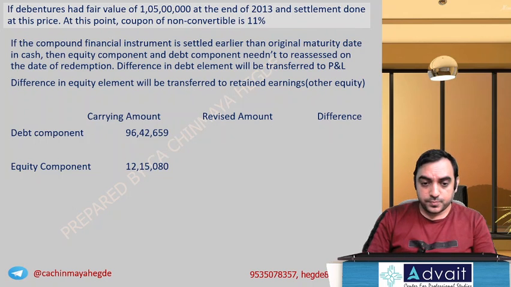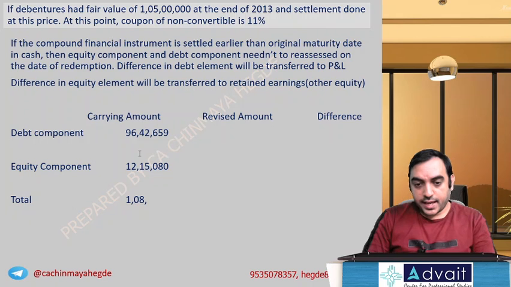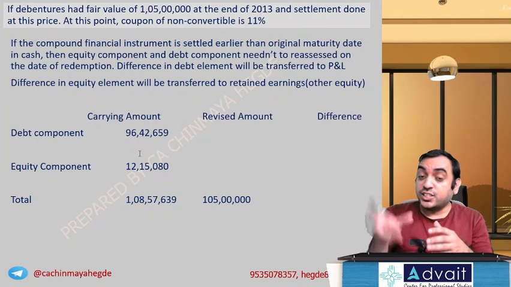So total as on date, carrying amount, book value, 1 crore 8 lakh 57,639. Okay, and this fair value is given to be 105 lakhs as on date, which includes debt component